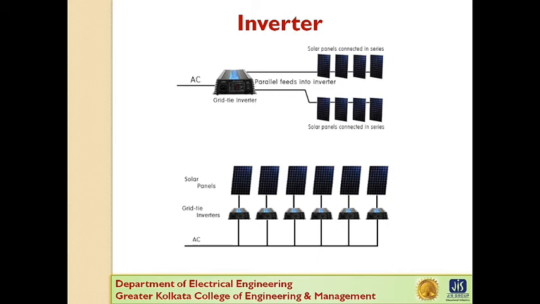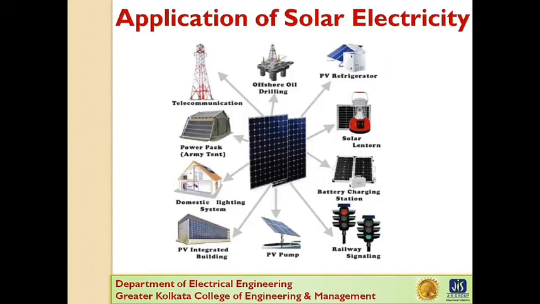In a grid tie system, the solar panel is directly connected to the inverter and this inverter then feeds the grid with power of the same voltage and frequency. In modern grid tie systems, each solar module is connected to the grid through an individual micro inverter to achieve high voltage alternating current from each individual solar panel.